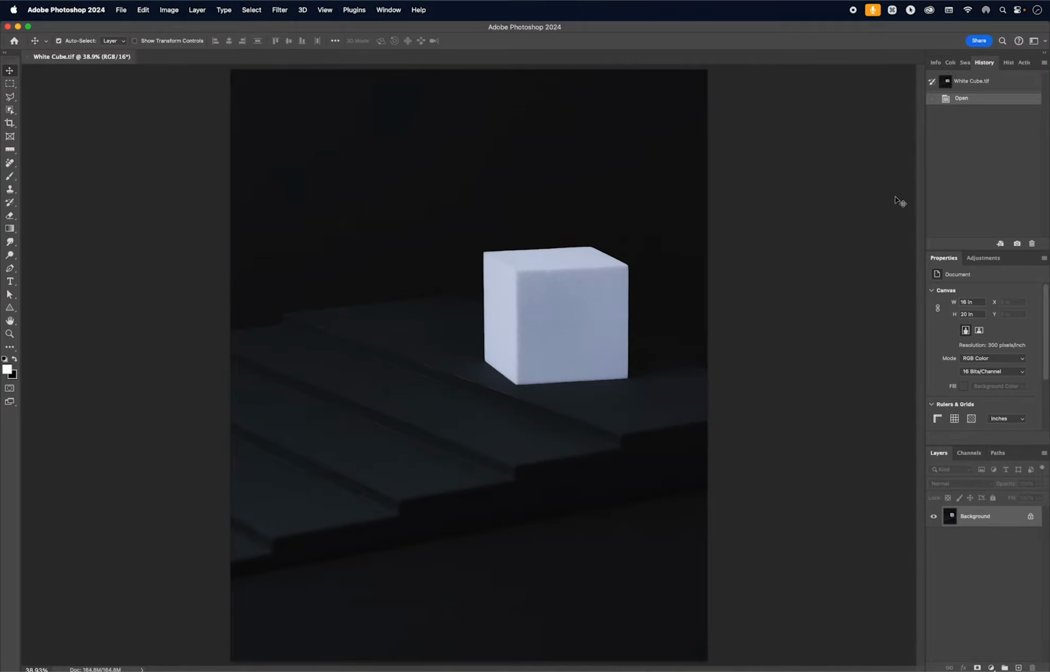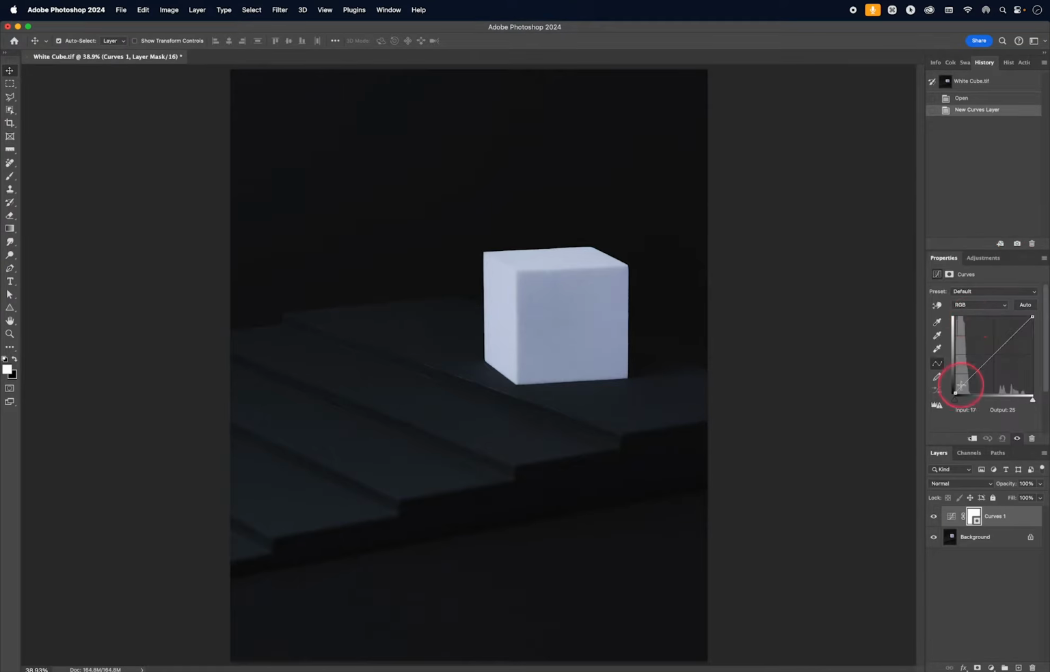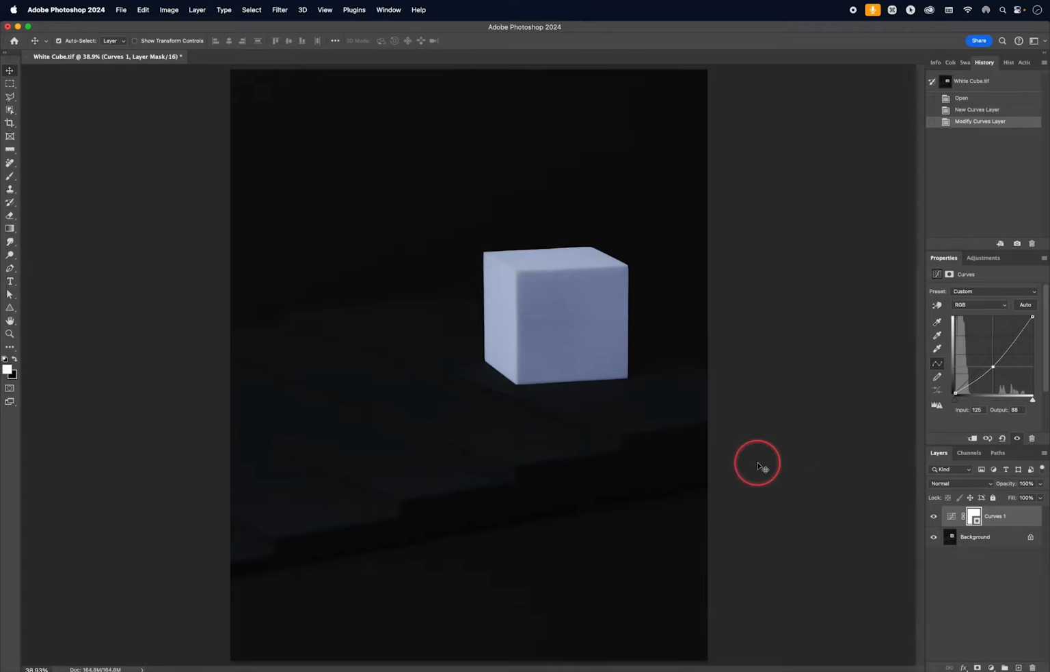In this short video, we are going to see how we can have two masks on a single layer. So for example, let's say that we wanted to darken the foreground in this image. So we could go to adjustments and then use curves, darken the whole thing like this, and then for instance